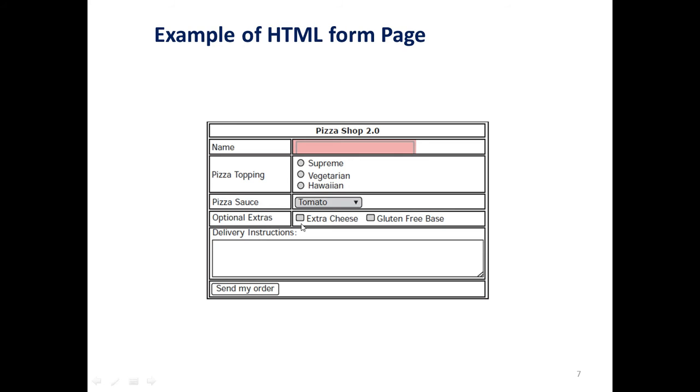Then the optional extra is a checkbox, and the button is normally a submit button like this. Once again, this one is for text box, this one is for radio button, this one is for drop down combo box, this is a checkbox, this is the submit button.